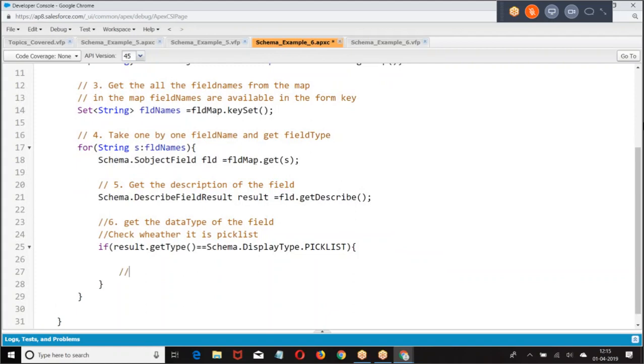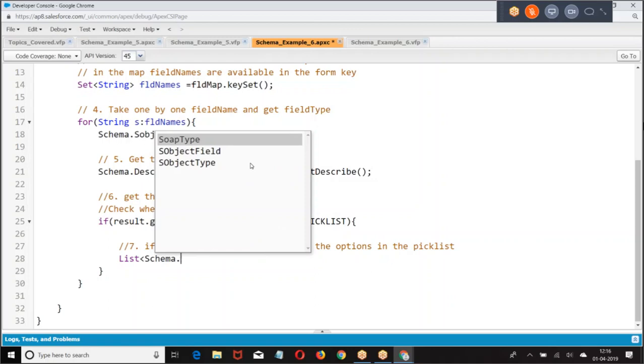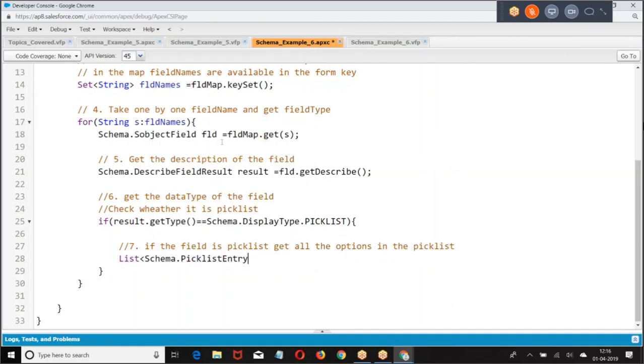Get the options. If the field is a quick list, get all the options in the quick list. So how do you get the list of quick list entry?